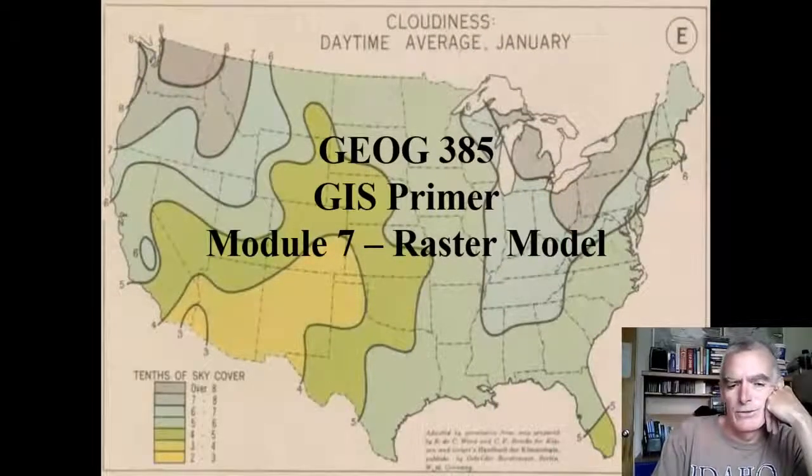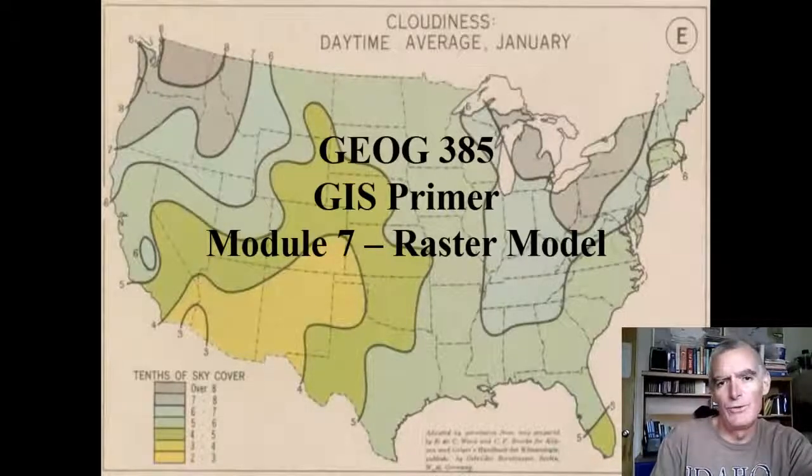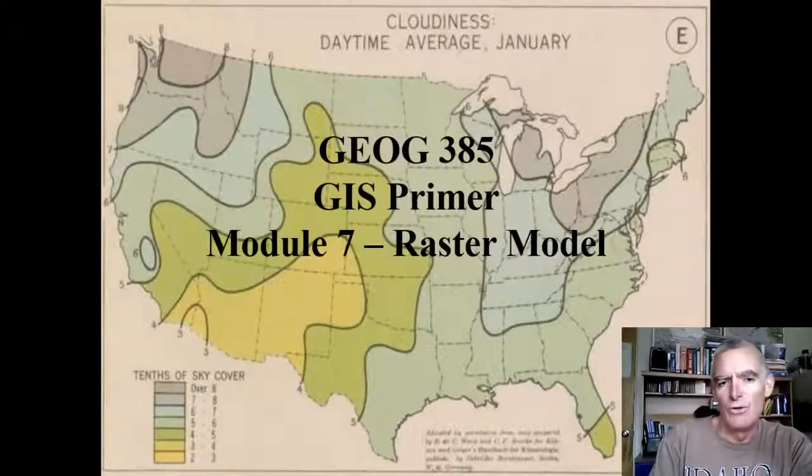Okay, this is, I don't know what number video for Module 7, talking about the raster model and analysis you can do with raster datasets. I've talked about local and neighborhood and zonal and global operations you can do. Today I'm going to talk about things you can do specifically with terrain, and terrain is based upon an elevation